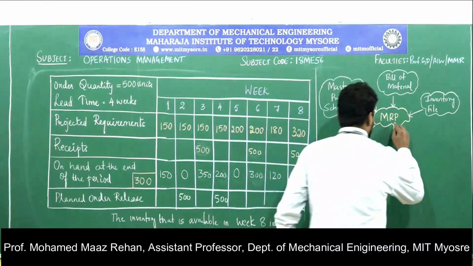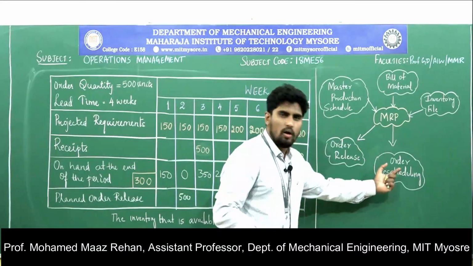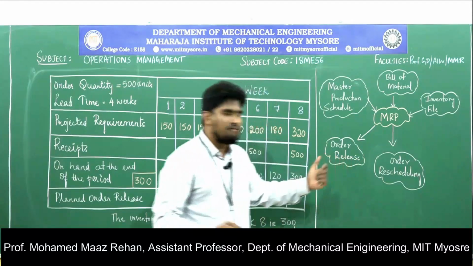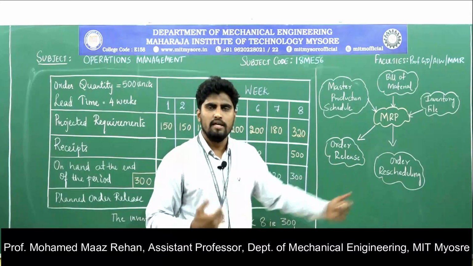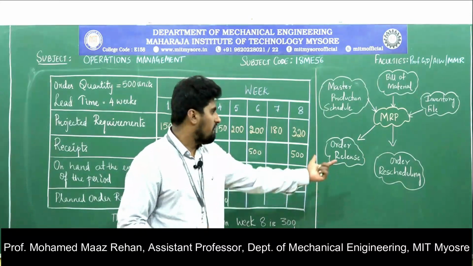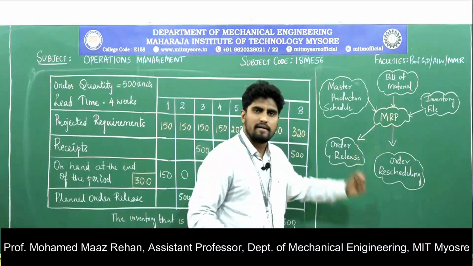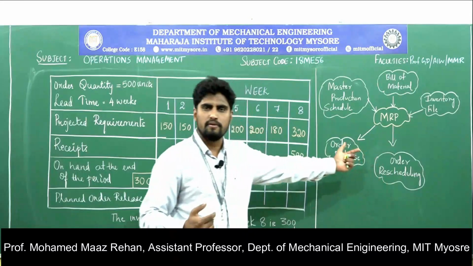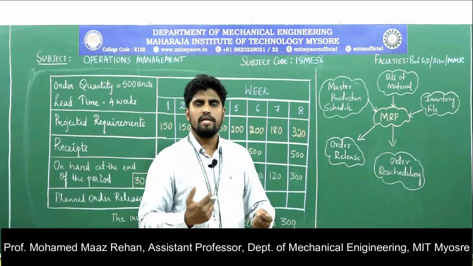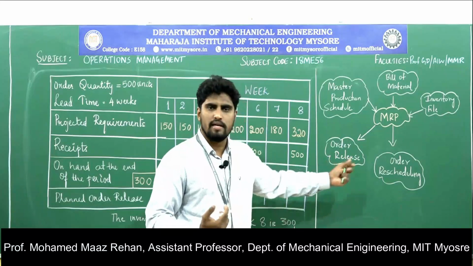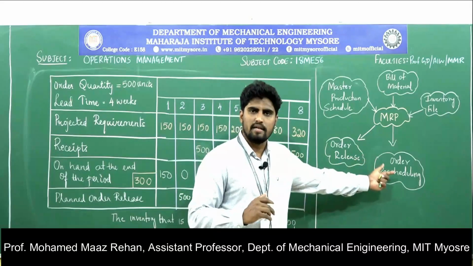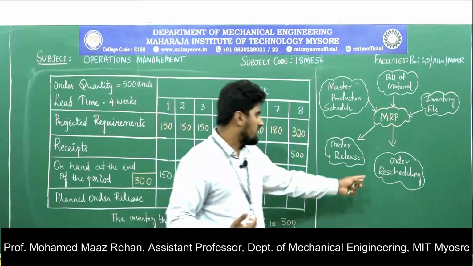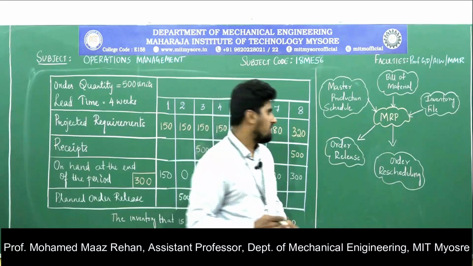So next is what? Next is order rescheduling. So what is order rescheduling? If there are any changes in the production plan, you have to reschedule the orders which you have placed. Again, the MRP understands based on the inputs and will generate a report. That is order rescheduling. If there are any changes in the order, if you want to reschedule the planned order, that all comes under order rescheduling. Next is